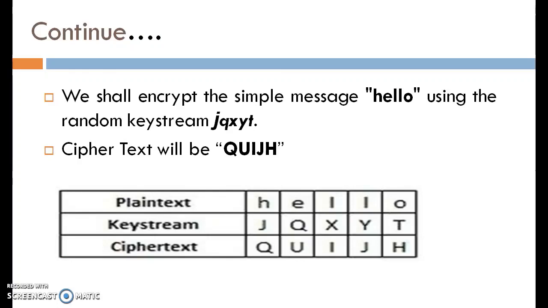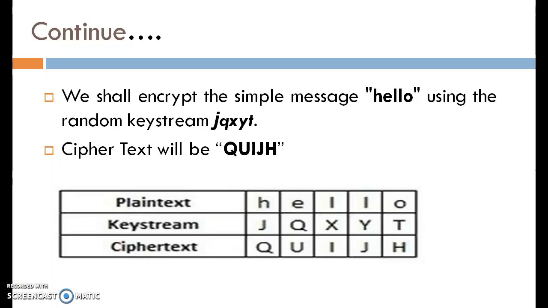Now using those key characteristics, we can take a totally random key. In our example, the plain text message is HELLO and the key is JQXYT, which is a totally random key. Now calculate the ciphertext, meaning encrypt the message. Here we encrypt the message by adding the plain text with the key string.